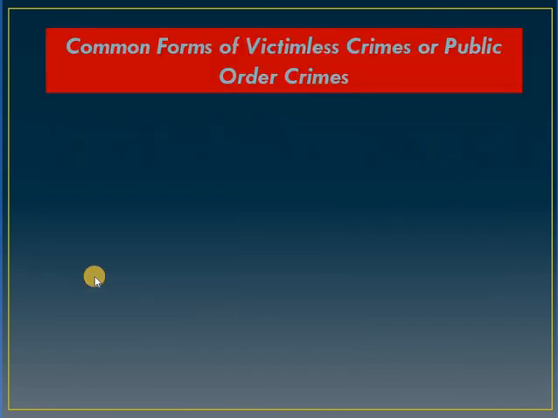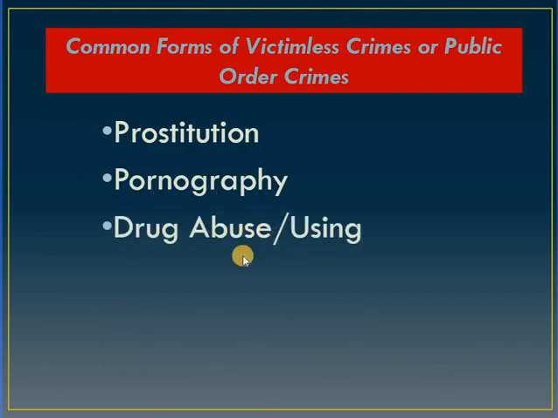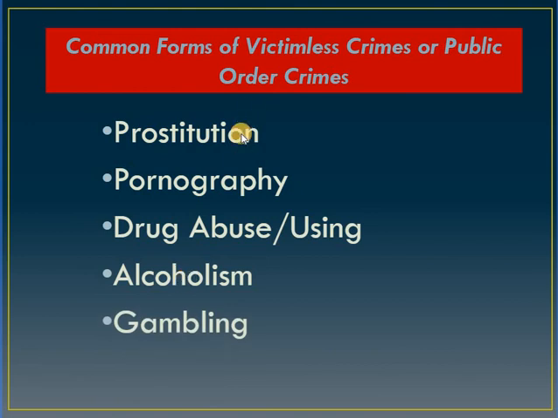So, what are these types of crimes? Prostitution, pornography, drug abuse or using, alcoholism, and gambling. Di ba, prostitution? Minsan, yung iba hindi sila nai-scam lang ng sindikato. Ang nangyayari sa kanila, talagang sila mismo, sa Angeles, walking street, di ba? Sila mismo ang nagiging prostitute. Bawal yan, pero sila ang offender, sila din ang victim. Pornography, ayan, minsan sila na nga ang offender, sila din ang victim.